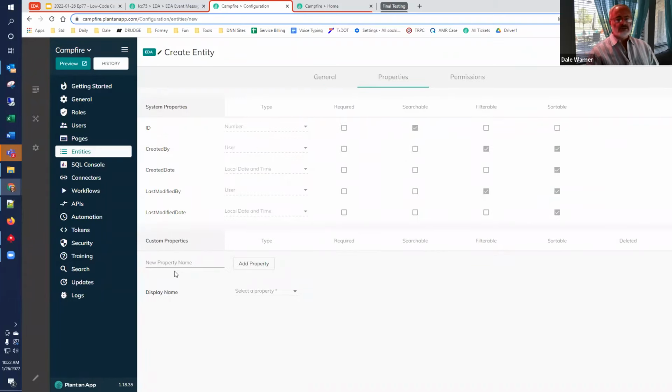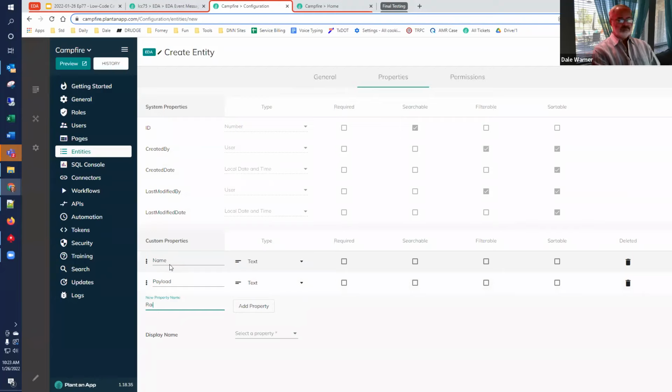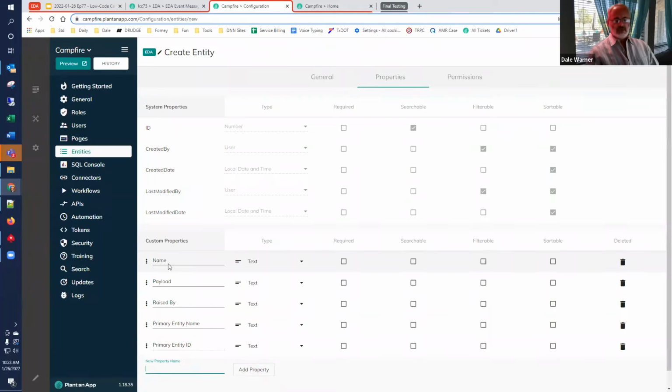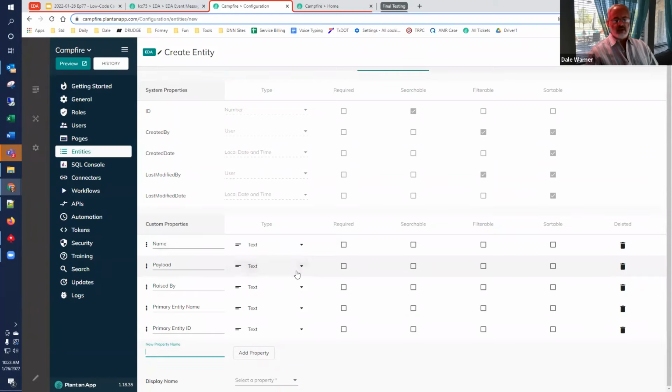In addition to the system properties, we are going to have properties like name, payload, raised by, entity name, and entity ID. Now, these were all determined, again, I grabbed them, they came from my design document